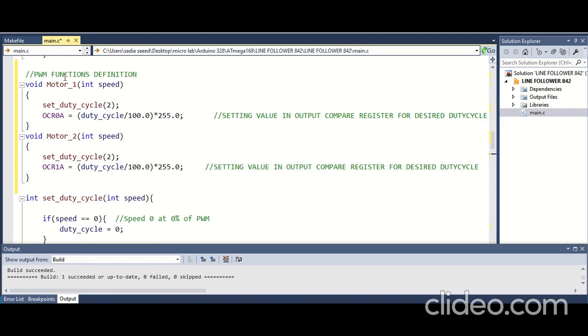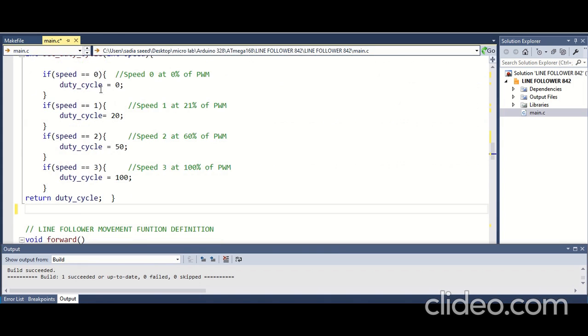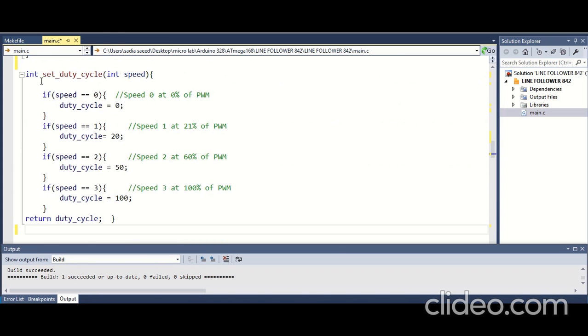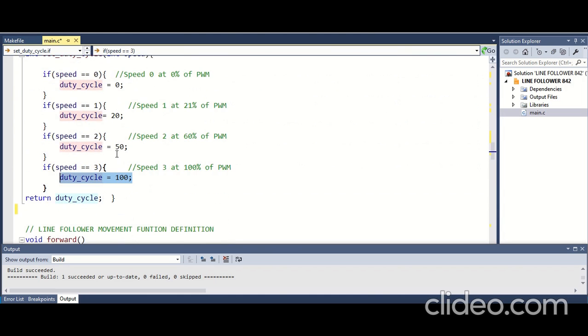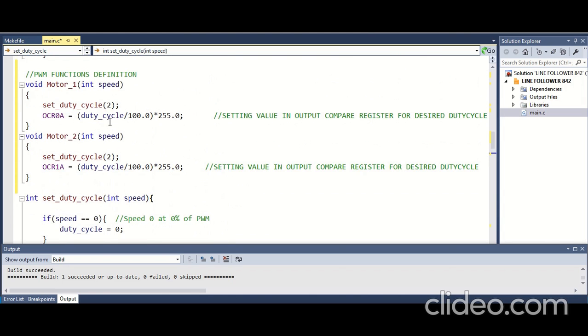Now we are moving on to our PWM function definitions. First of all, we will move to this function, set duty cycle. In this set duty cycle, it is taking in speed as input. If speed is 0, duty cycle will be set as 0, and if speed is 1, duty cycle will be 20. And again, if speed is 2, then our duty cycle will be 50, and if speed is 3, then our duty cycle will be 100. Then this function will output our duty cycle value, and this duty cycle value will be used